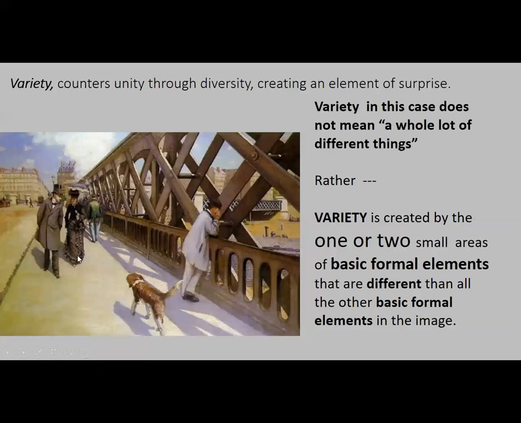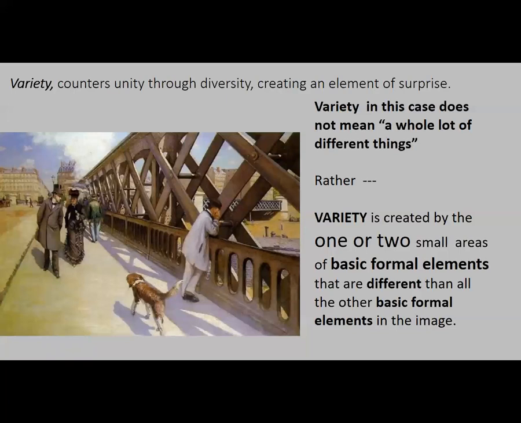There's lots and lots of movement, tons of movement going on. All these people are moving. The river's moving. These people are moving. The perspective lines are moving, receding into the distance, but there's this one little bit of variety. The sky's standing still. So please don't, when I ask you about variety on the paper, go